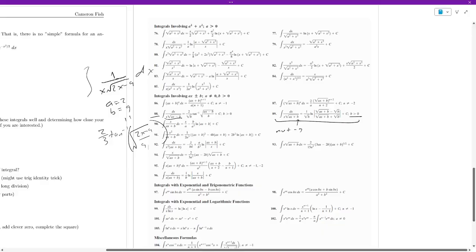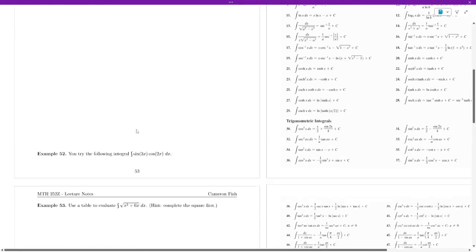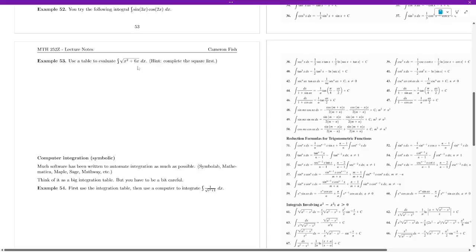So let's look at another example. This one here. So yeah, we did this one already. This one says use the table to evaluate this integral. So sometimes you have to do a little bit of work before you even use the table. Here, I promise that if you look on the table, there's not going to be one that's exactly directly